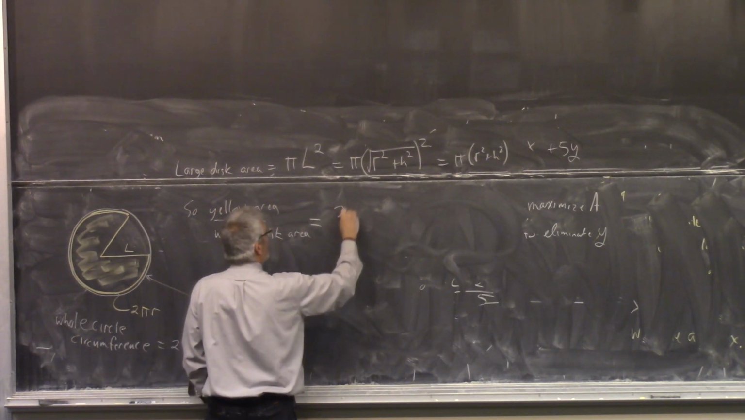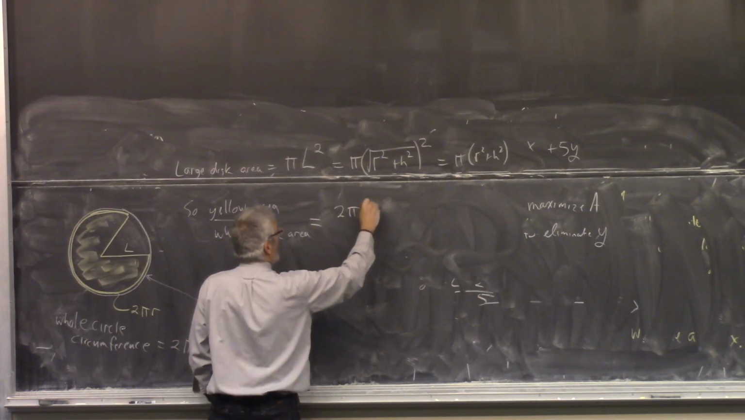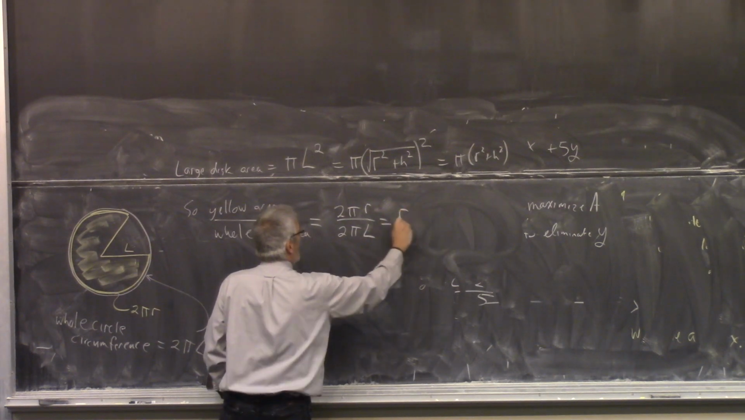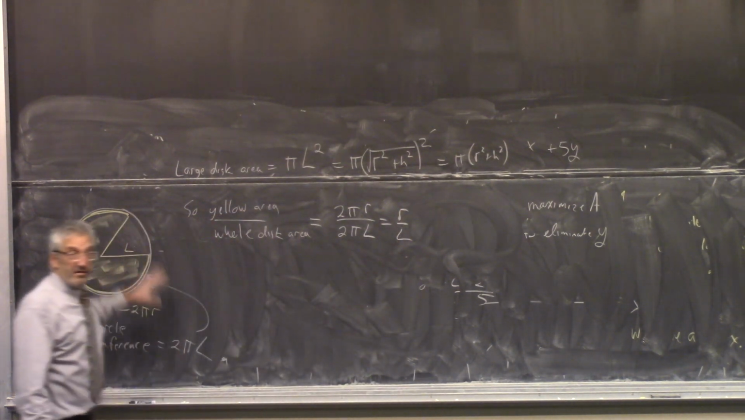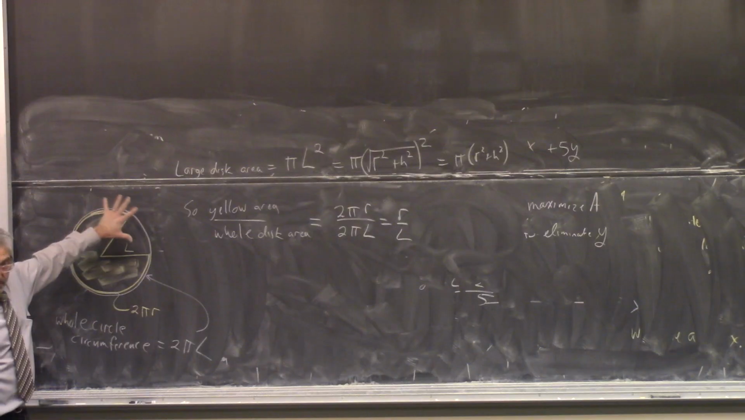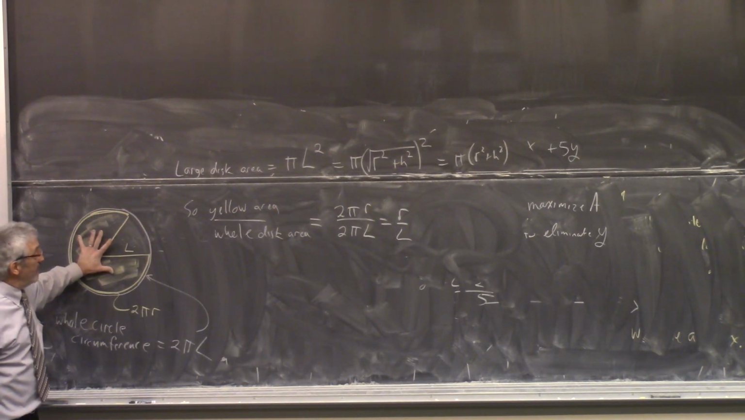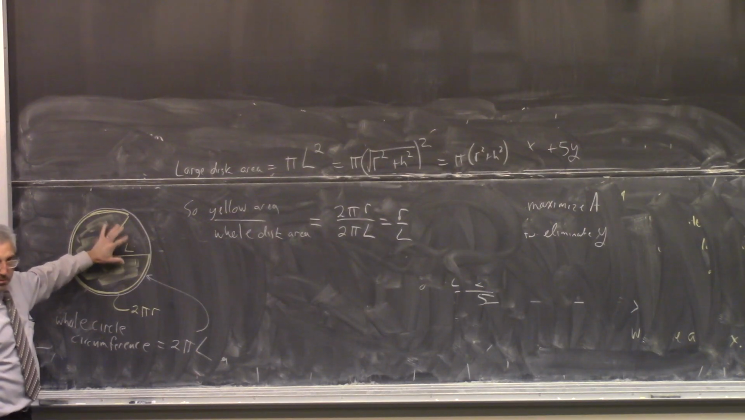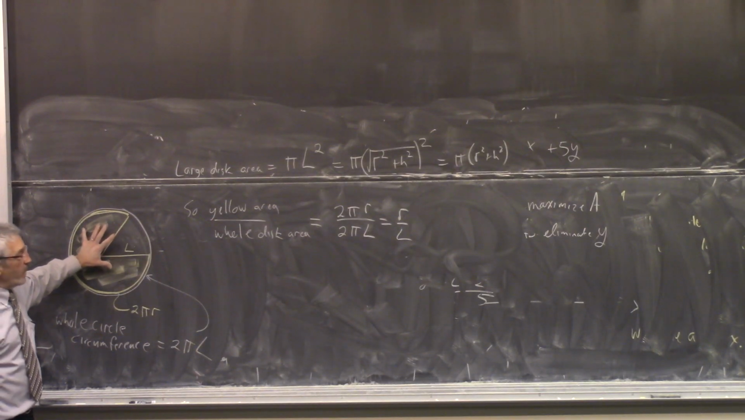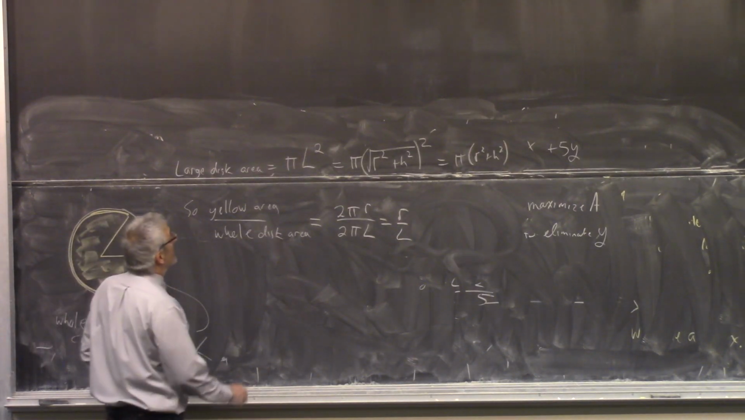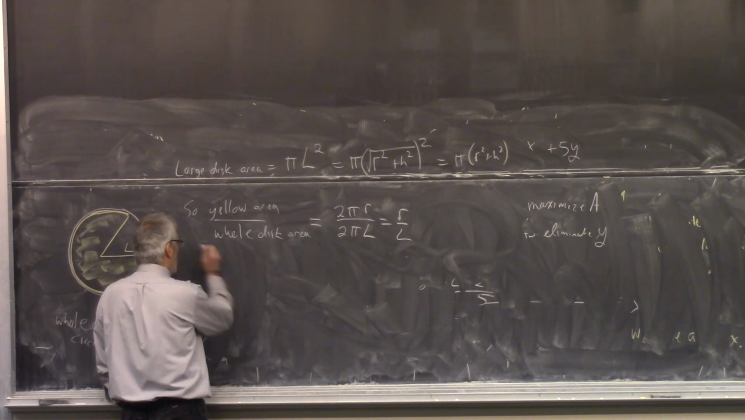It's in this fraction, 2 pi r over 2 pi l. In other words, just r over l. That's the portion of this whole disk that we have colored yellow. If r is the same as l, then the whole disk is yellow. If r is 1/2 of l, then I've got a semicircle. So the yellow area